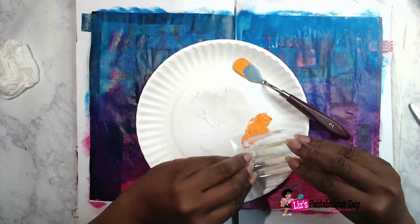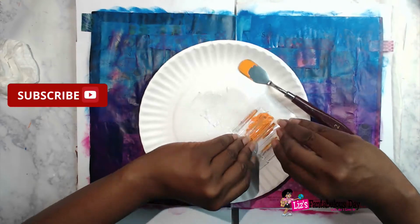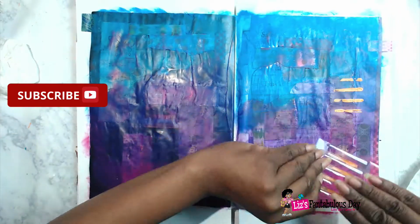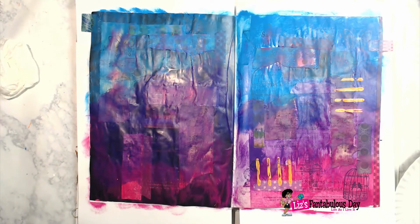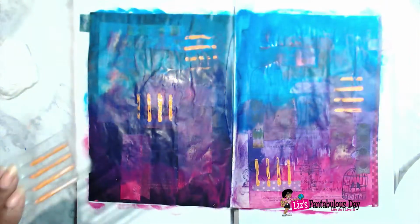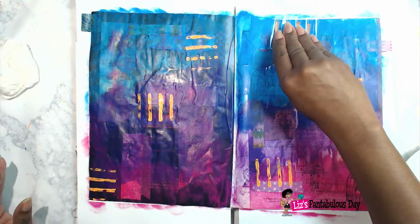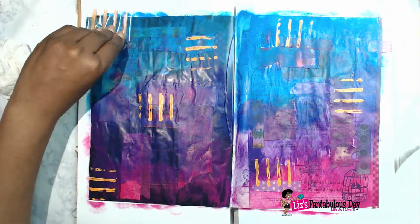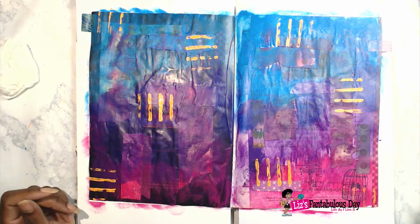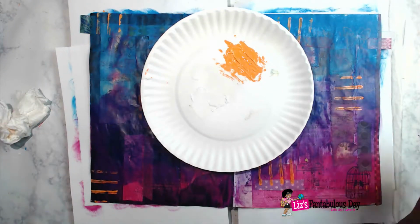And I'm putting this on some old packaging. It had some really nice texture to it, so I just dipped it in that nice orange paint. And by the way, the name of that paint is called Orange Squeeze, and I love it. I love the way those little lines just added that really nice texture. And at this point, I'm saying I'm really digging this page. I am digging it. So now I'm pulling out some of the white